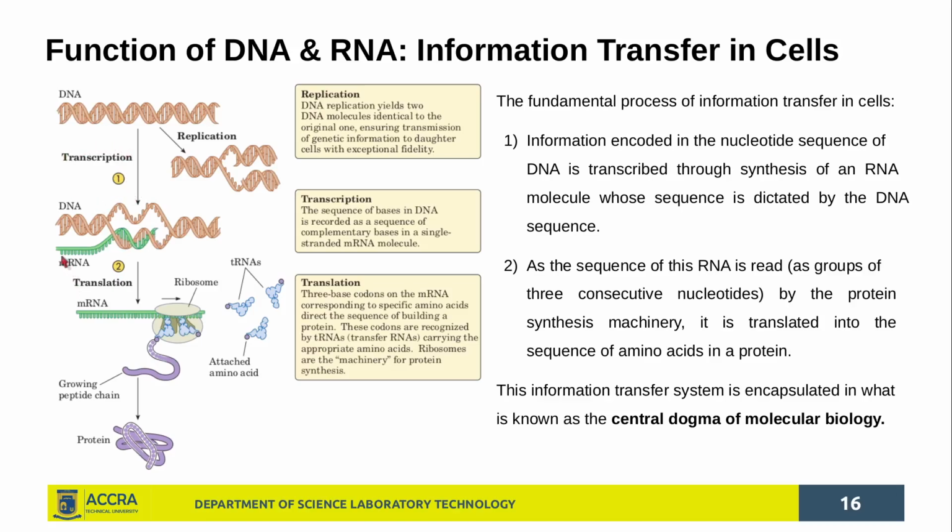And you have the messenger RNA being copied from the DNA. So the information from the DNA is being carried on a messenger RNA. And this messenger RNA now binds with a ribosome. Then a transfer RNA, which is bound to some specific amino acids, now comes onto this complex of messenger RNA and ribosome. And you see that a peptide chain